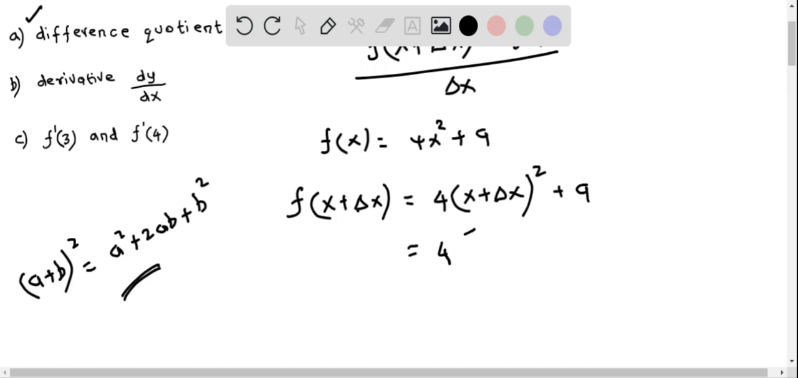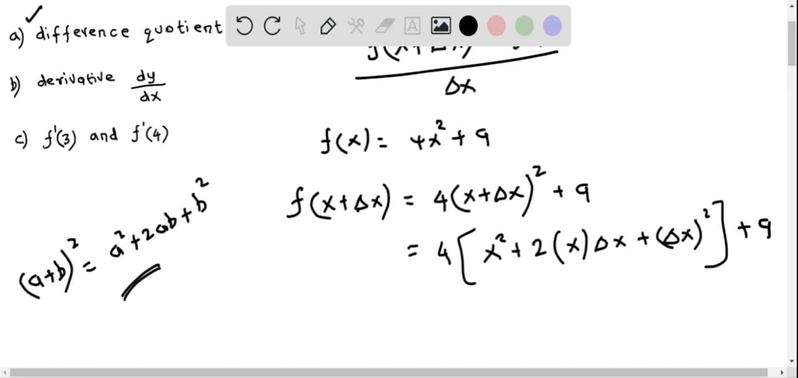So therefore x plus delta x quantity square is equal to a square, which is x squared, plus 2 times of a is x, so I put x, and then b is delta x, plus b squared, that is delta x quantity square. We then have plus 9. So we can simplify this. So this becomes 4 times of x squared plus 2 times of x is 2x times of delta x is 2x delta x. So I write down this as 2x delta x plus delta x quantity square